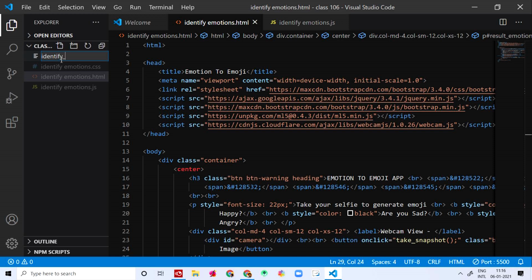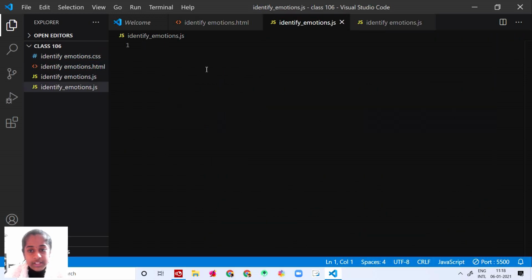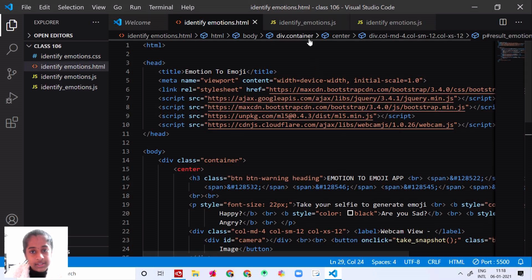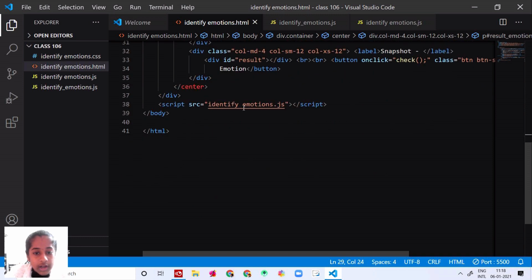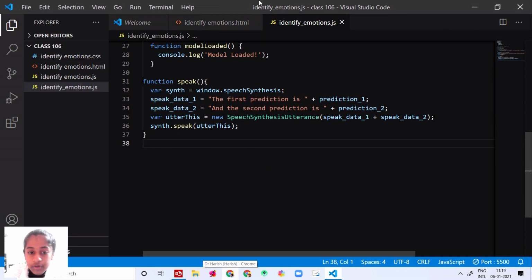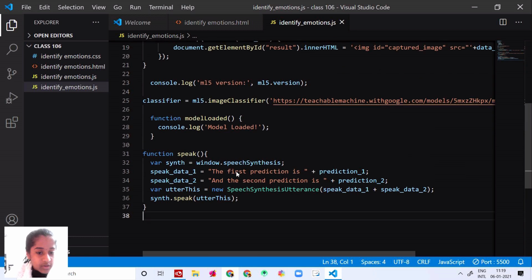Identify underscore emotion, I'm going to keep .js. Let's begin with the JS code. But before beginning with the JS code, I have to link this JS that we are writing to the HTML. So identify.js, I've copied this till the function speak. Now first let me explain what this is, till function speak, and then